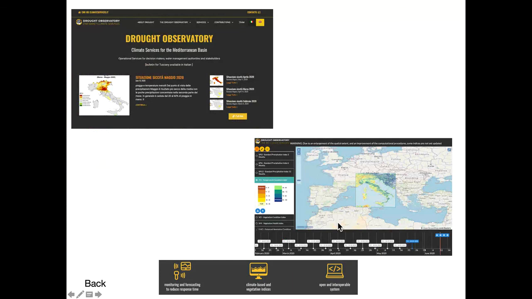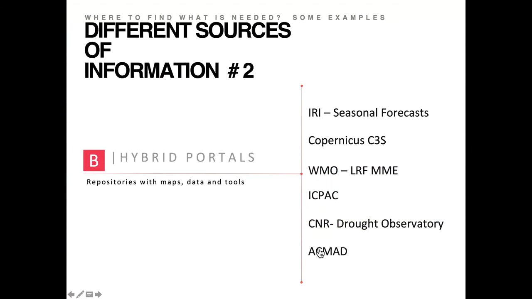Let me highlight also our drought observatory portal developed with a team of colleagues of mine, covering many aspects related on the drought management, not only from a climatic point of view, but with a large number of indicators coming from satellite estimates on the status of the vegetation, and the possibility to merge this information together and to manipulate data in order to have the specific information required.